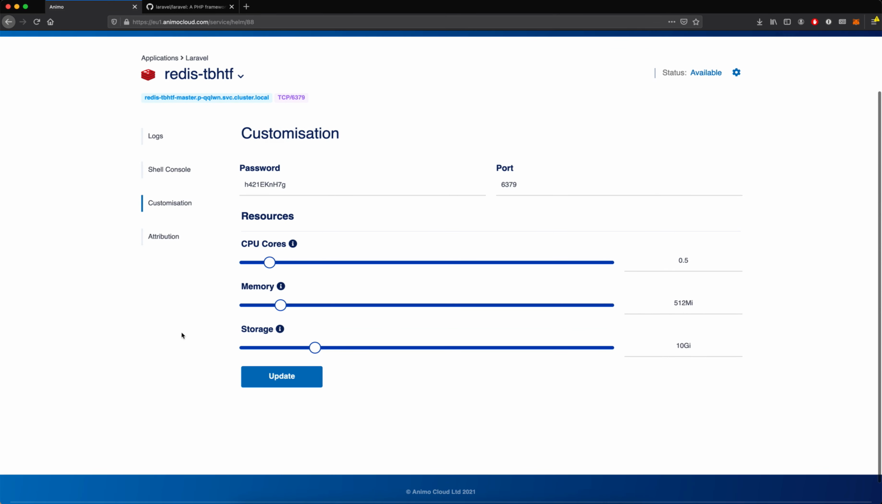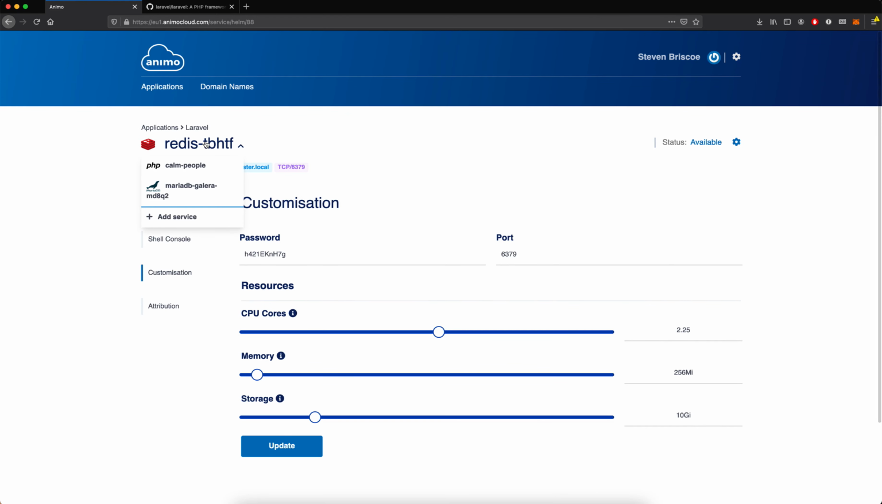If you realize later on that your Redis instance is too big or too small, you can reprovision by simply changing these sliders. And this can be a way for you to, for example, increase the capacity if you need more, or if you realize you have too much, you can always reduce the capacity and of course then save on costs. So let's head back over to our